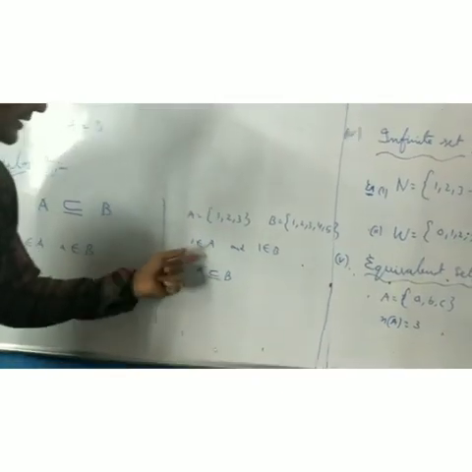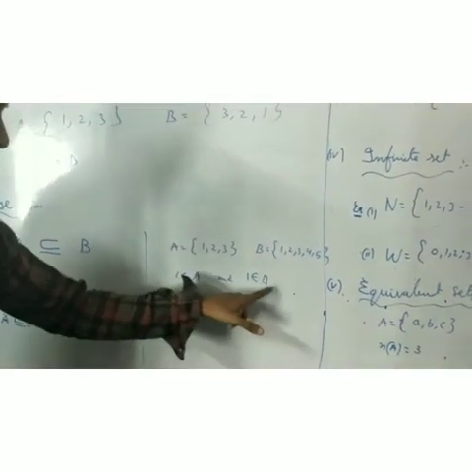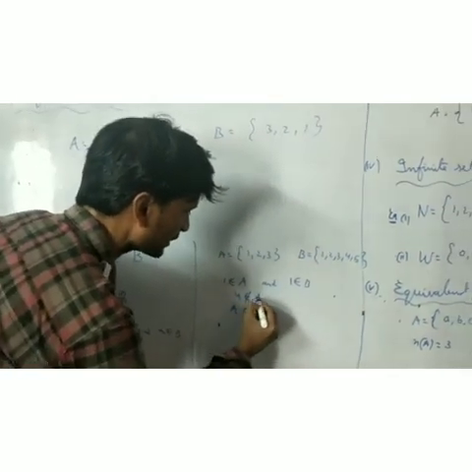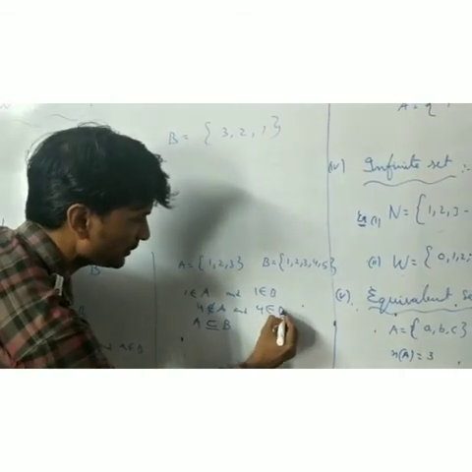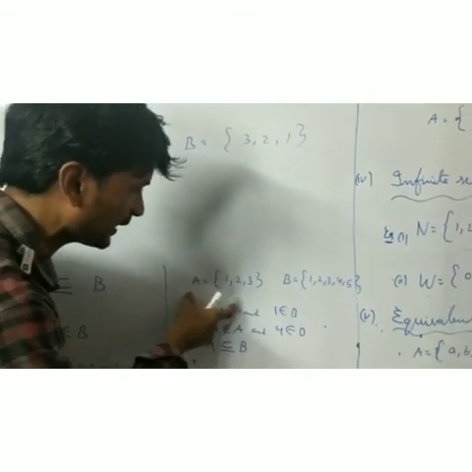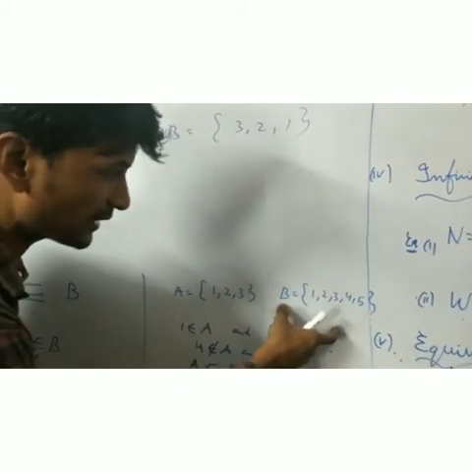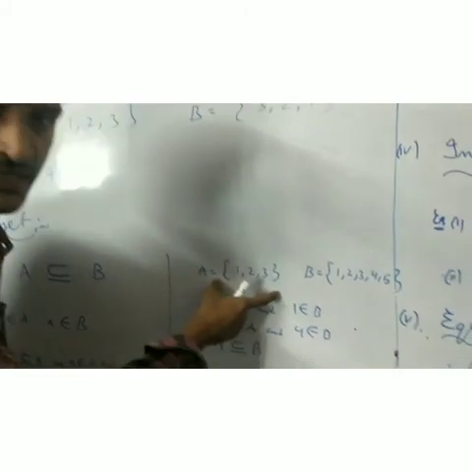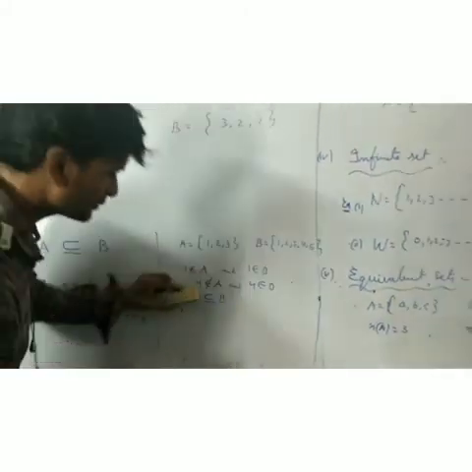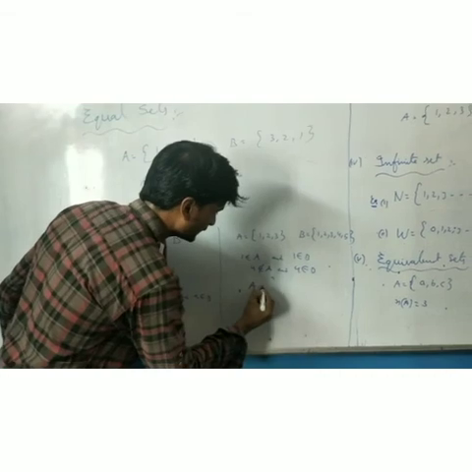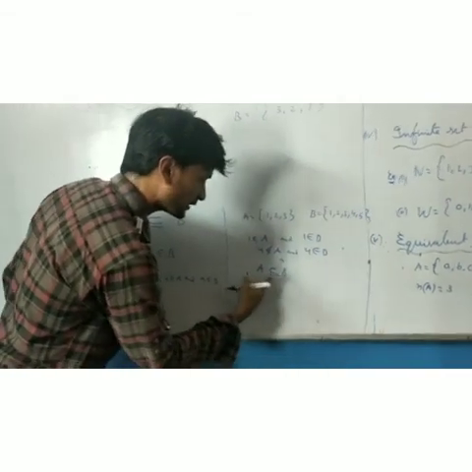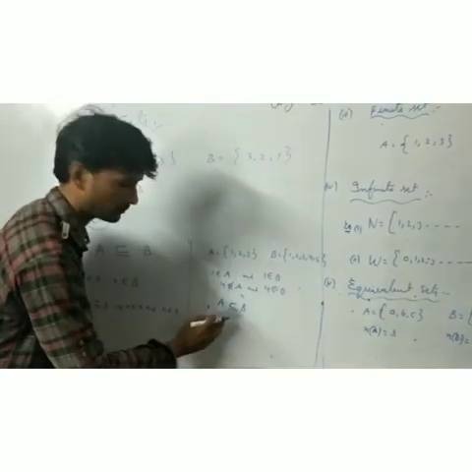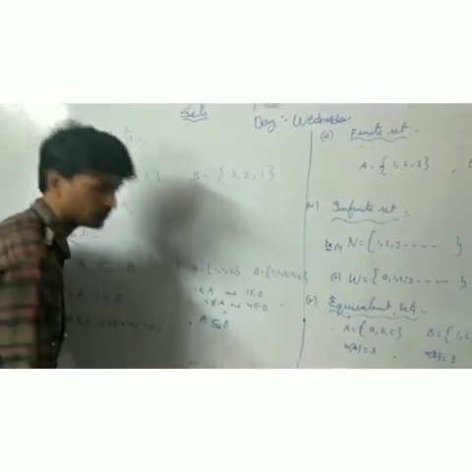Okay. See here, once you observe, 1 belongs to A and 1 belongs to B also. Next here, 4 is there. 4 does not belong to A and 4 belongs to B here. So every element in set A belongs to set B. But every element of set B need not belong to set A. So this is indicated by A subset or equal to B. Otherwise, A equal to B also sometimes. Both sets we can also compare. So that's the symbol we have to use.